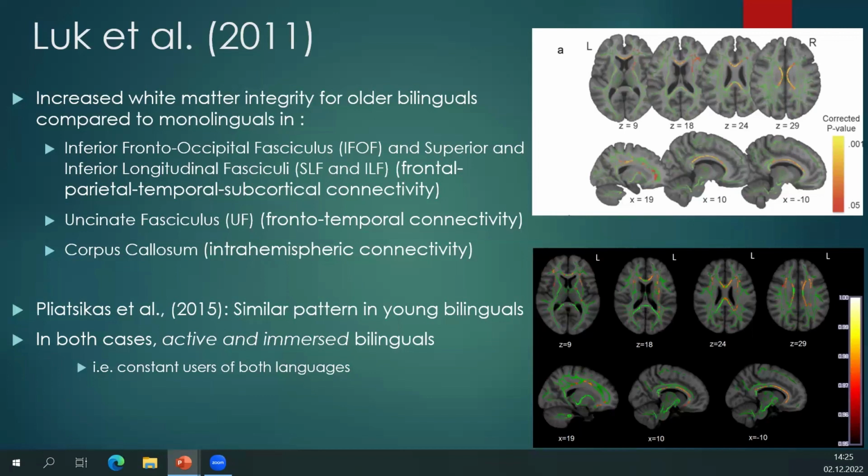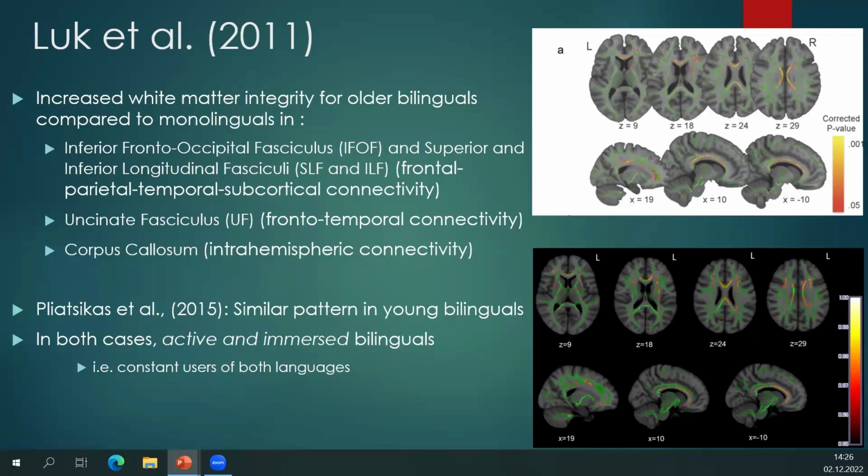What we did in 2015, we tested young bilinguals immersed in the UK for 13 years. Again, we ran pretty much the same paradigm and the same analysis. And guess what? What we found, you may be able to tell just by looking at this, very, very comparable patterns. Again, young bilinguals that were immersed in the UK had greater white matter integrity, and the same structures were